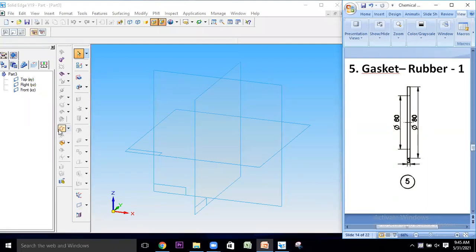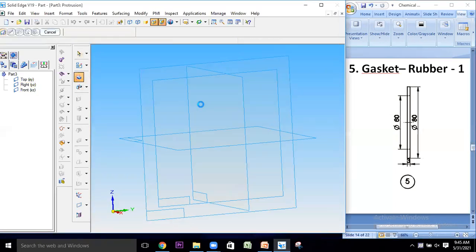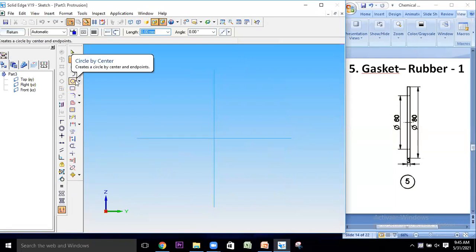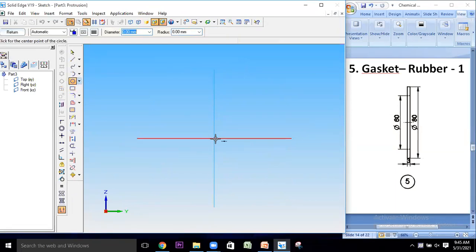So here, once again, you can create it with three methods. Directly you can go with the revolved protrusion command, 80 mm line, 60 mm line. Then after that you can do it, or else you can go with the protrusion command. Here also you can directly select this right profile plane, and after that you can directly select this circle by center, and from here